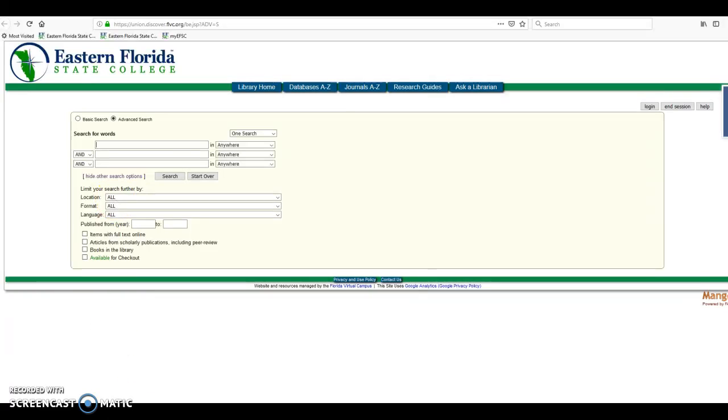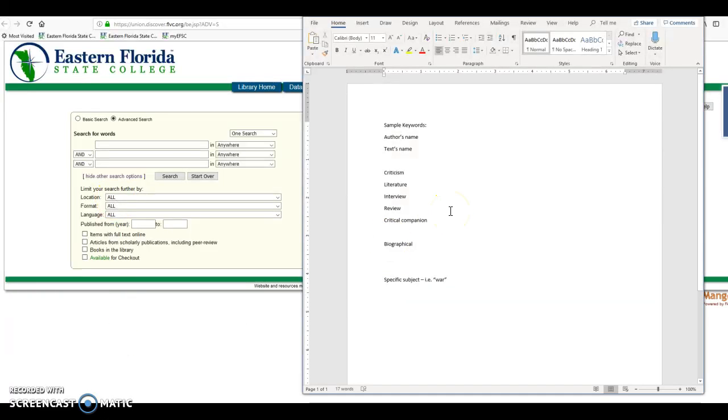I have also created a little Word doc here to get you started with some ideas of how you can go about searching in the databases. Two of the things that will help you narrow down and make the sources reliable are to search the author's name and even include the text name from the textbook that inspired you to choose the author. So if I want to write about Amy Tan because I enjoyed reading her essay, A Pair of Tickets,